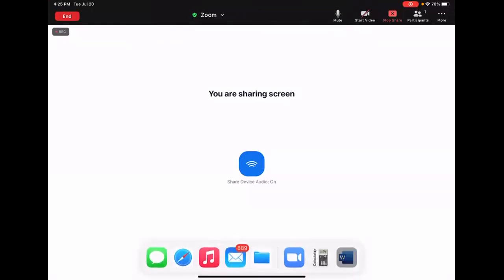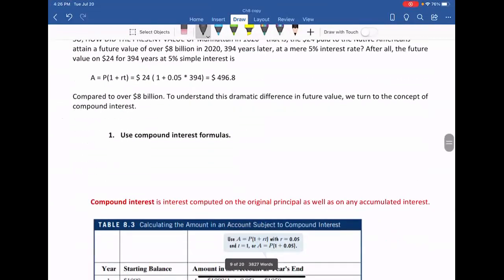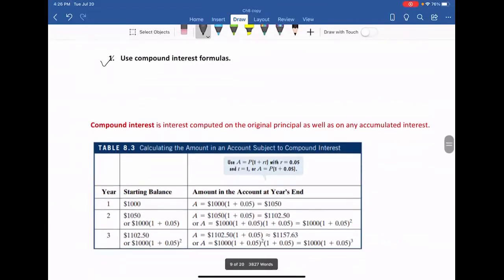In this video, we will learn chapter 8.4, compound interest. Please pause the video and read the first part, that's an introduction. A small story about this compound interest. In the first part of the question of the chapter, use